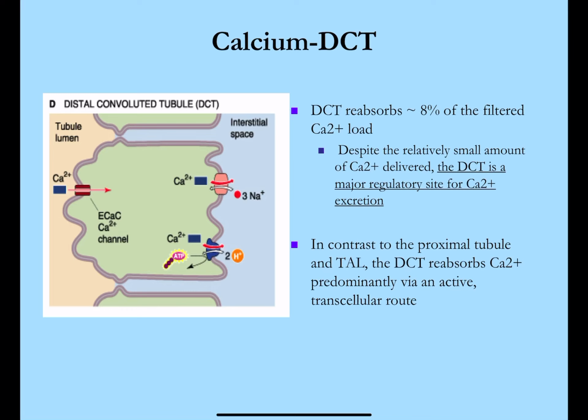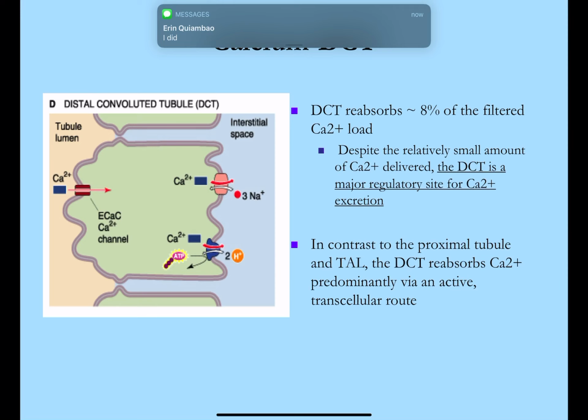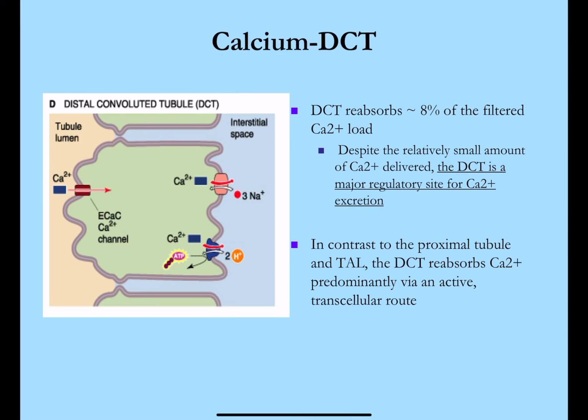So the same idea applies here. I don't deal with the 65-25%, but I try to use my hormones to deal with this 8% in the DCT levels. Anyhow, this thing I already talked about, right? Parathyroid hormone, what it's trying to do. It increases the open probability of these apical calcium channels. So those epithelial calcium channels, especially in the DCT, are going to be under the control of parathyroid hormone, because